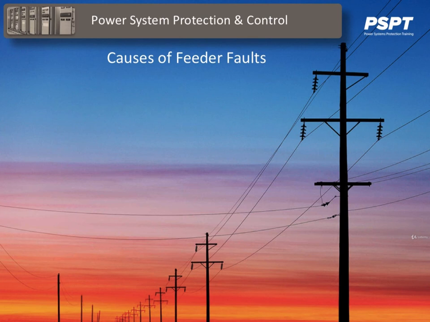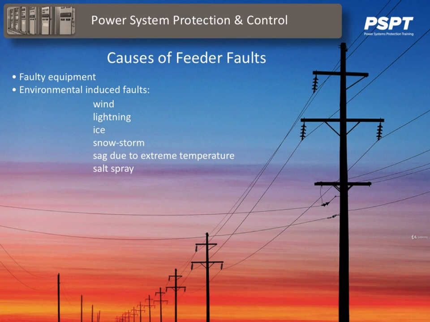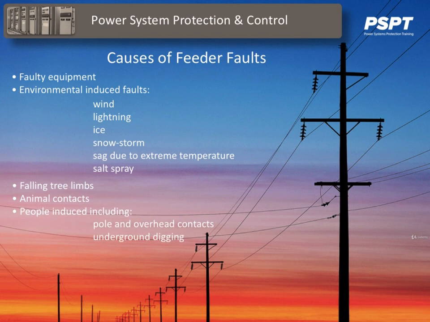Faults occurring on overhead and underground distribution feeders are caused by various sources, including faulty equipment that could cause trips. Environmentally, of course, we would have wind, lightning, ice, snowstorms, sag due to extreme temperatures, and even salt spray from the roads could build up and cause faults. You can also have falling tree limbs. You could have animals getting up into the system, and also people can cause outages and faults along